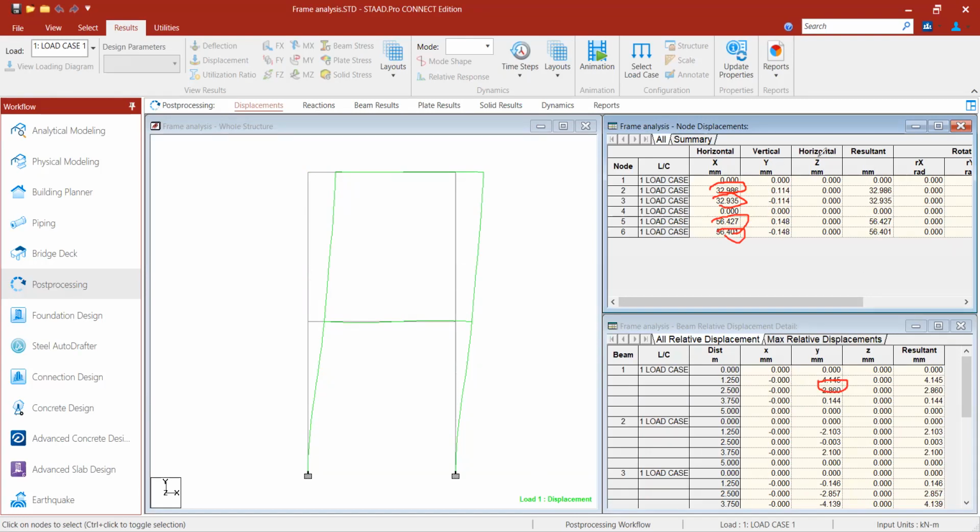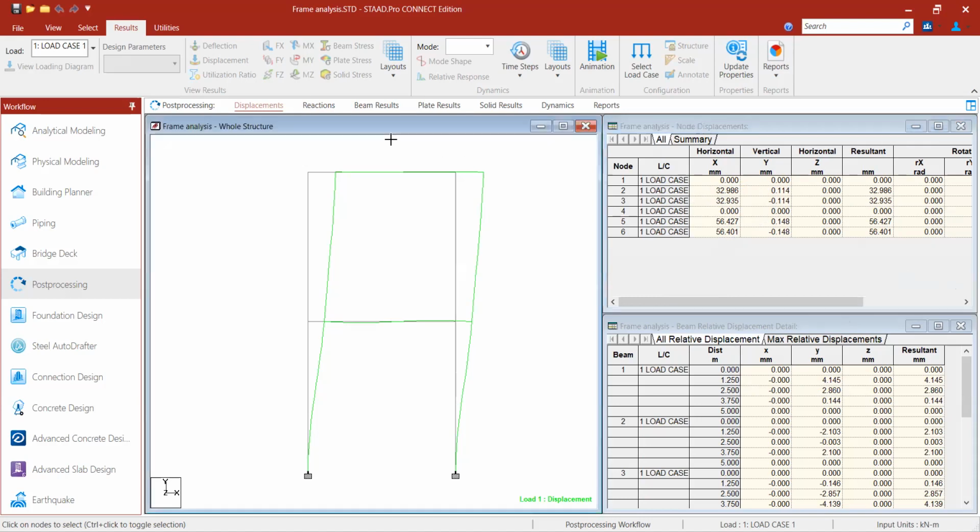Okay, and also you can record the rotational displacements and translation displacement. So the displacement in y direction is very small at a particular node because it is only a sway condition, that is for lateral loads, and here in the x direction it is major.